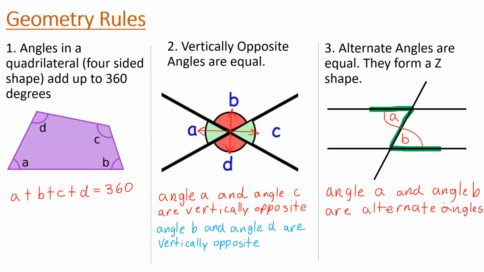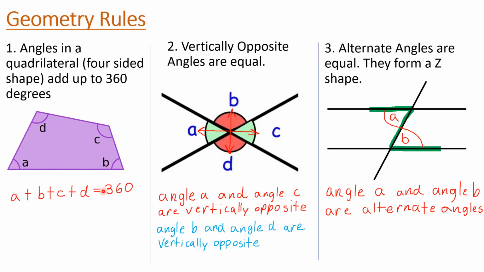So angle A and angle B are alternate angles. All right, so let's go over the last three rules for this evening. The first one tells us that angles in a quadrilateral, which is a four-sided shape, add up to 360 degrees, which means that if we add A plus B plus C plus D, if we add all of them up, we